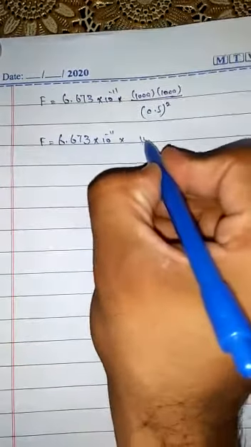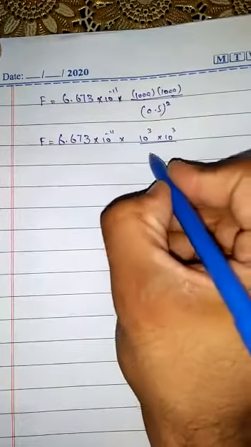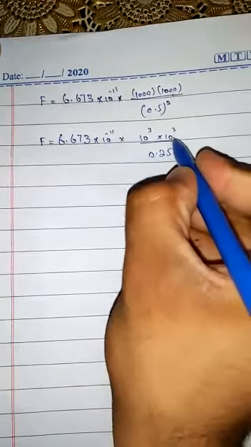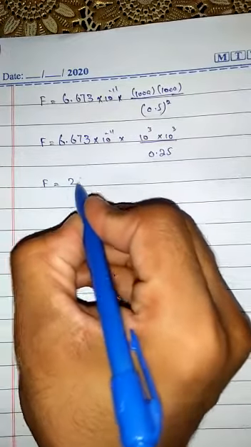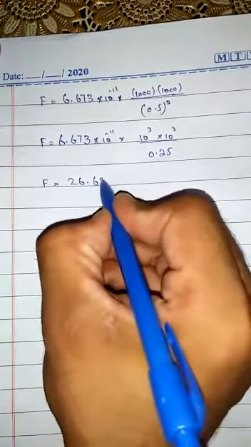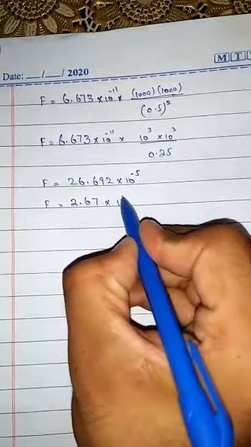Here 10 to the power 3 multiplied by 10 to the power 3, divided by 0.25. By solving all these values we will get F is equal to 26.692 multiplied by 10 to the power minus 5. By putting these values in the calculator we can solve. Now this is minus 5, and we will take the point one place, then we will get the exact value 6, which is rounded off,